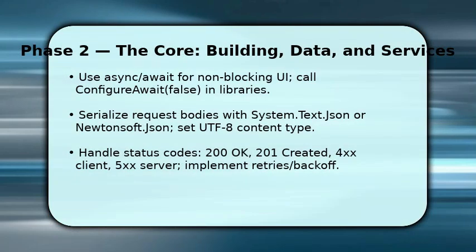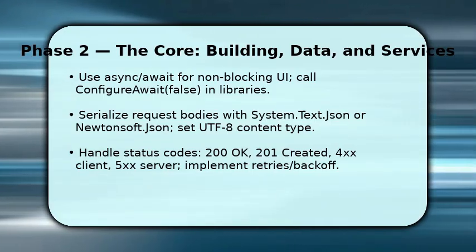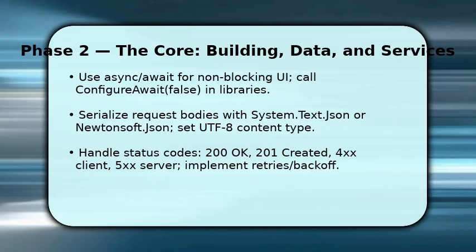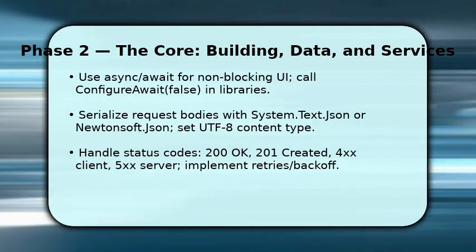Now you implement the full request flow. Create async methods that return Task<T> to keep the UI responsive, and await your HttpClient calls. Deserialize JSON responses into typed models so you can work with properties directly. This reduces runtime errors. When sending POST or PUT, serialize the model to JSON and include StringContent with application/json;